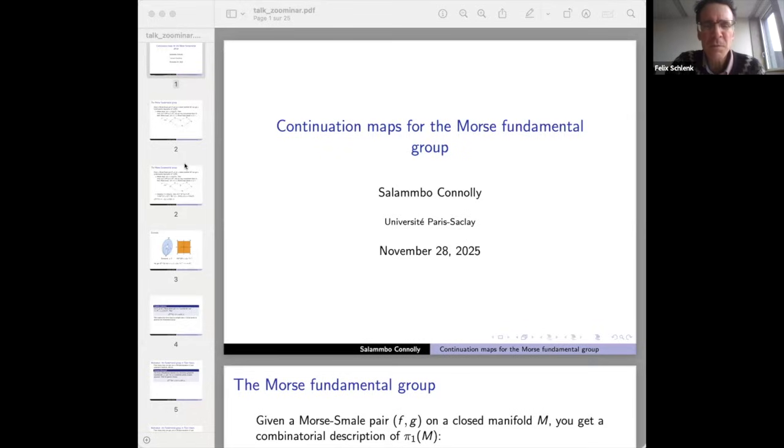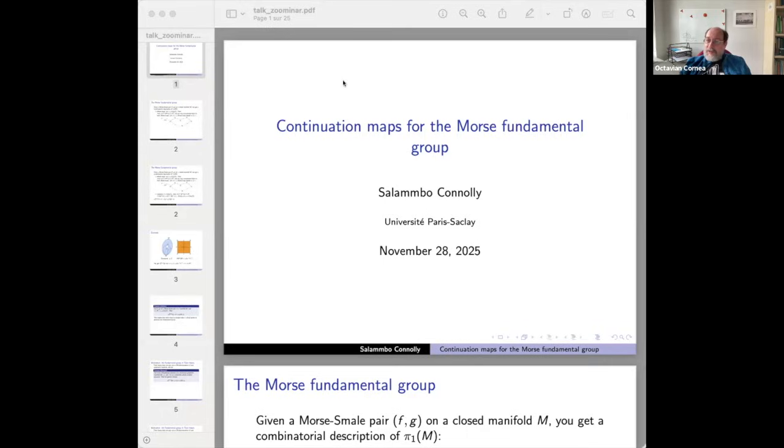Because it's on the loop space and it's an H-space, and pi1 of an H-space is abelian. Is it not true? Yes, it is, because that is isomorphic to the fundamental group of the manifold, and therefore the symplectic Hamiltonian homology is also isomorphic to the homology. No, I don't think it's abelian. I understood that the homology is an abelianization. Yes,